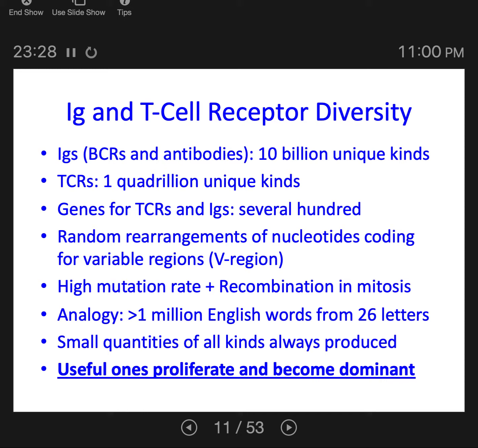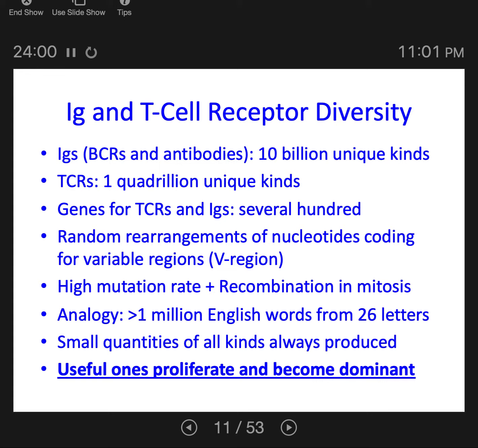Then, if one of those randomly generated B-cell receptors binds to a pathogen, it's going to make more of itself. Then it'll make true clones of itself. So if one of those randomly generated B-cell receptors or T-cell receptors proves useful in binding to a pathogen, they're going to make a massive army of clones of that exact B-cell receptor or that exact T-cell receptor. And those clones will live in your body for years and years and years, maybe even a lifetime.